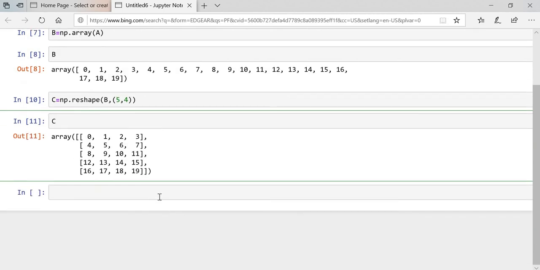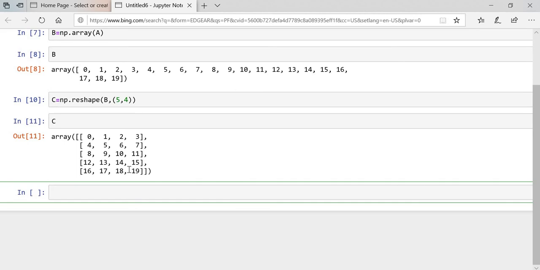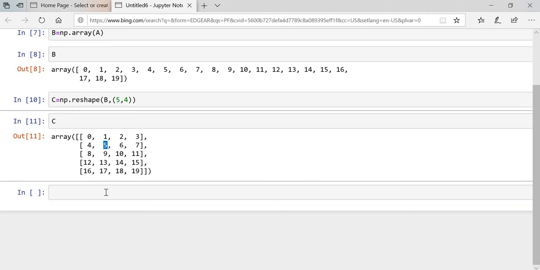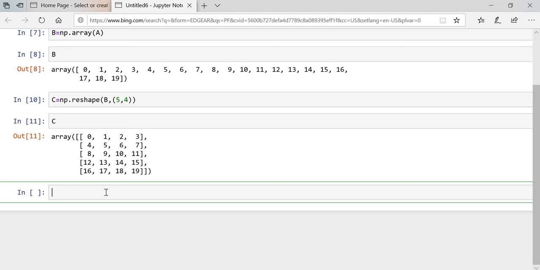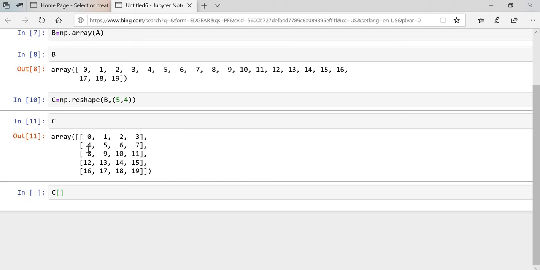Now guys, if you want to slice this matrix, how can we do that? Simply, if you want to fetch out the element 5 from the matrix, we have to write c and the list format. See, the index starts from 0, 1, 2, 3, 4.